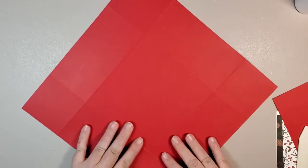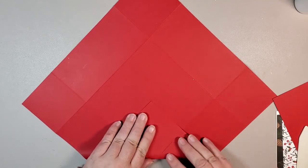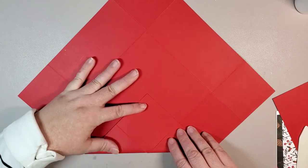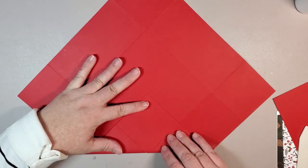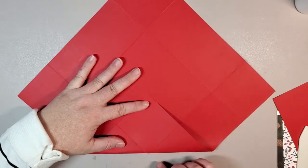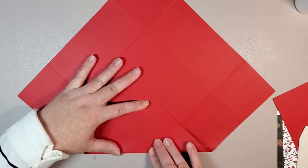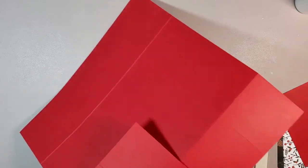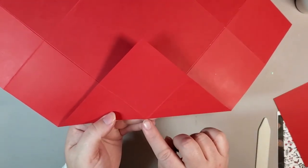So now we're going to fold each corner. We're going to fold it in towards that pencil mark. What you also are going to do at the same time when you're making these folds is you are making sure 2 things. A, that your point is as close to that dot as you can possibly get. You're also making sure that these score lines make a nice line and that they all meet up. And then the last thing, which should happen as you are creasing, is you'll notice that, I'm going to get my bone folder first, the bottom of this box right here, the very, very tip is where that